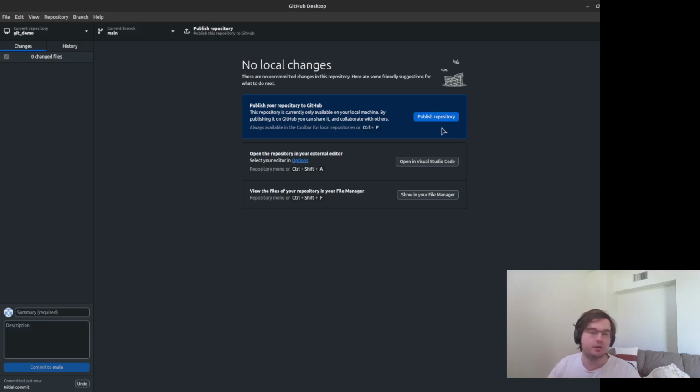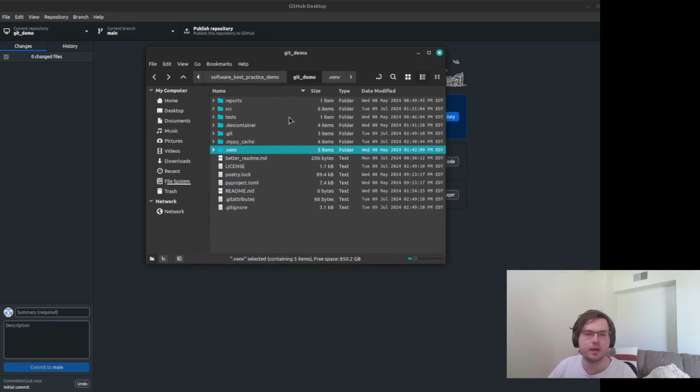So we have this new interface. There's a bunch of confusing things that we're going to get to in the future, but suffice to say, we have now created our Git repository, which means that things are now being tracked, but we will need to do a few steps to make sure that's being tracked with best practices. And the easiest way for us to check that that's the case is if I go back to my directory where I have all of my files and my project, you can see that there's a new folder here called